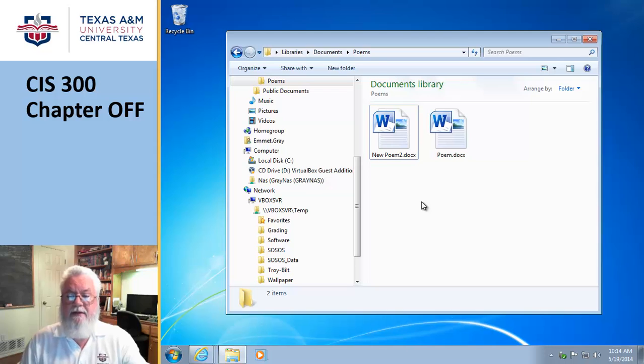This is probably a good place to stop. Now, this is kind of an introduction to Windows 7. Now, I'll admit, if you go down to a box store and you buy a brand new computer today and bring it home, it's probably not going to have Windows 7 in it. So